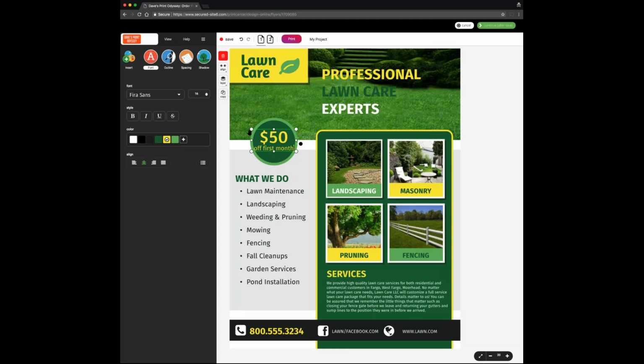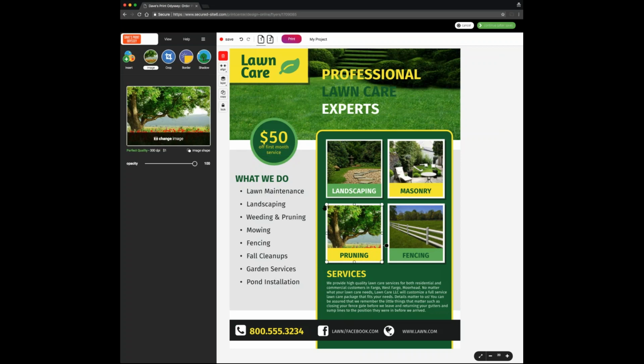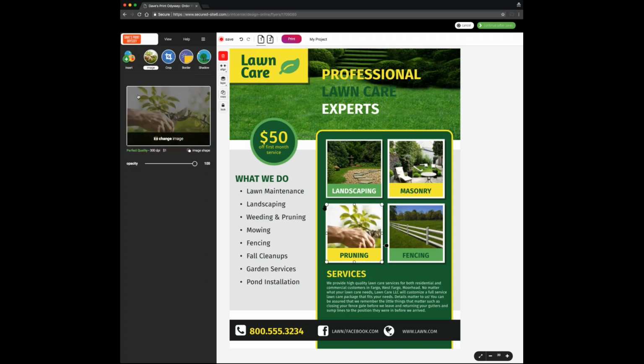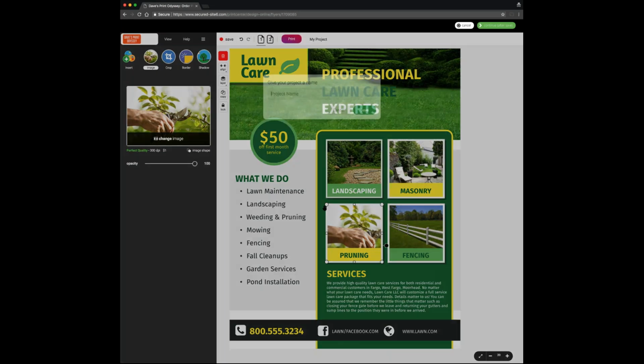And we'll just type a little. I won't go super deep in here, but I will show a little bit of just this nice, easy to use interface. We'll change the font size, drop it down a little bit here, and play around with it in a few different ways. Maybe you don't like the picture that's in here for pruning. We're going to go ahead and change that image. I think I had one that I was experimenting with before. There it is. That one looks better. We can make as many changes as we want. Change the phone number. This is the print buyer, of course, making those changes. And I'll go ahead and just simulate what that order looks like here.